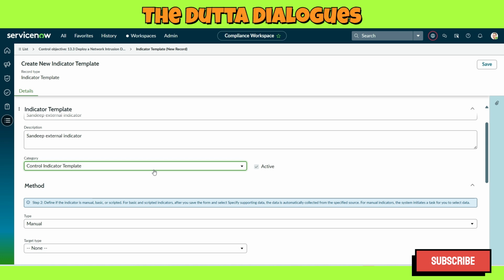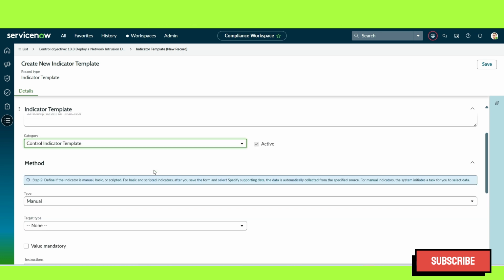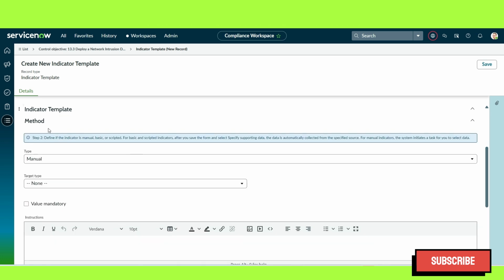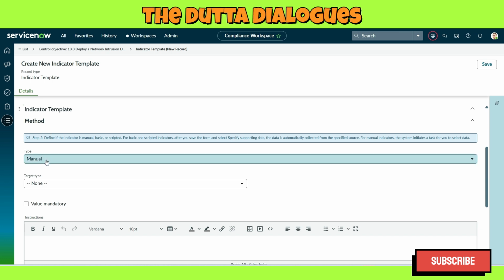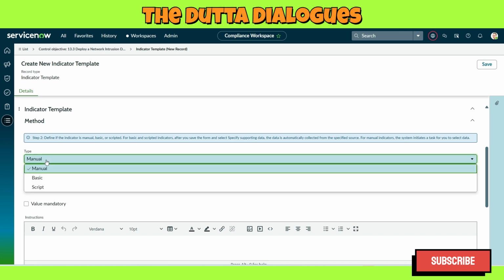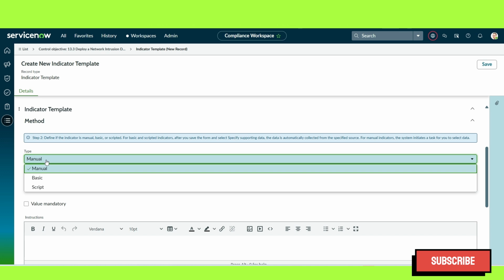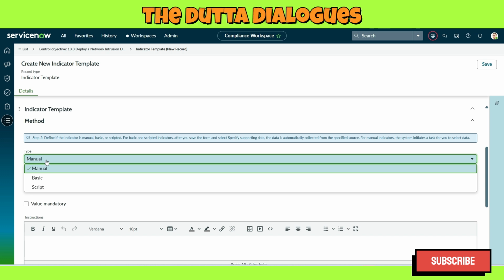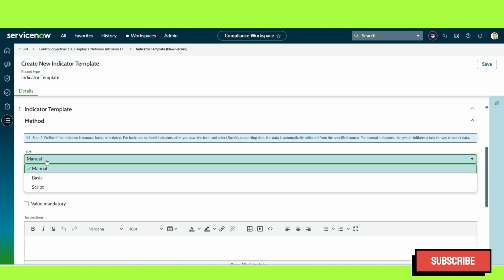Okay, now the most important section here is method. The first thing is the type of the indicator. It's basically out of three different types: manual, basic, and script. Manual indicators are used for data that cannot be retrieved from the ServiceNow instance because it comes from an external system, such as customer data from a third-party sales system, or any external